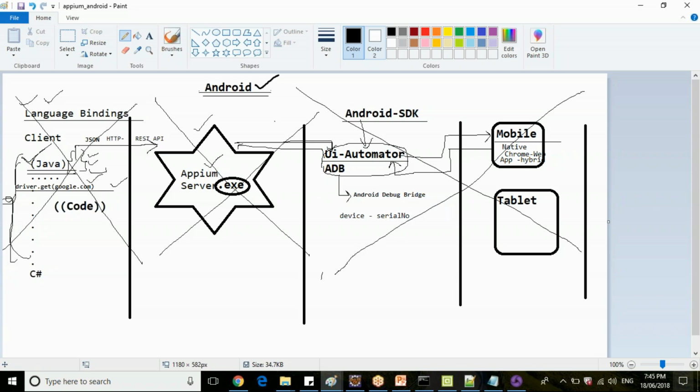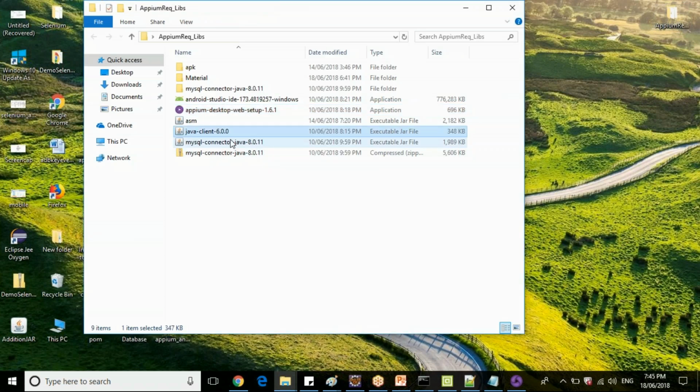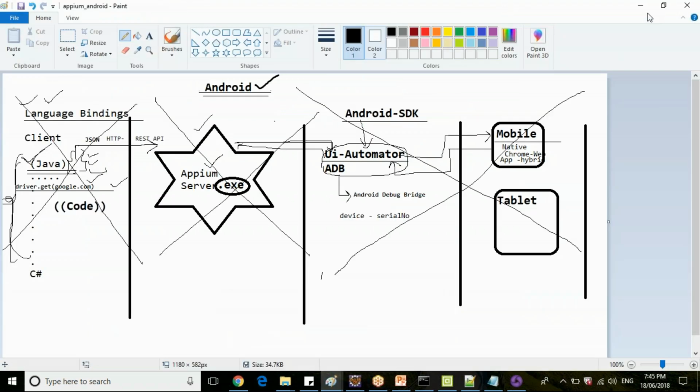Once you download the libraries, I have downloaded the Java client jar file here. I will tell you how to set it up. It is a similar setup to how we followed for Selenium. We downloaded the Selenium jar files, created a Java project, then imported them into the build path, right? A similar setup we need to follow for APM as well. That we will discuss after a 5 minute break, guys. Before that, any queries in any other modules of setting up APM?